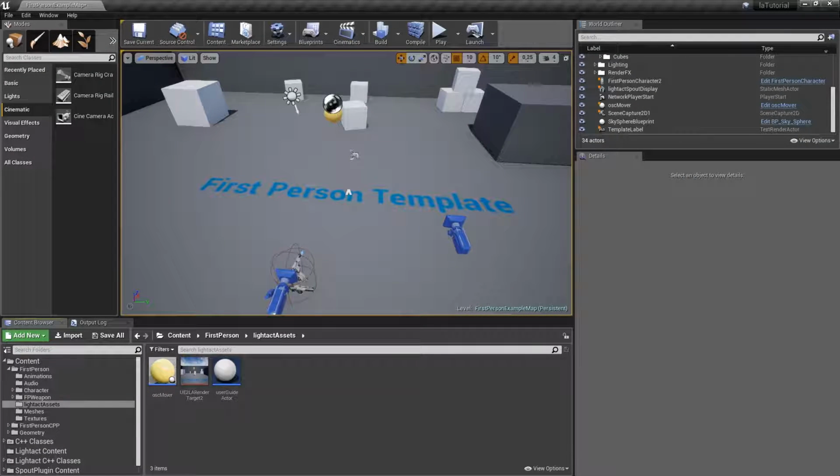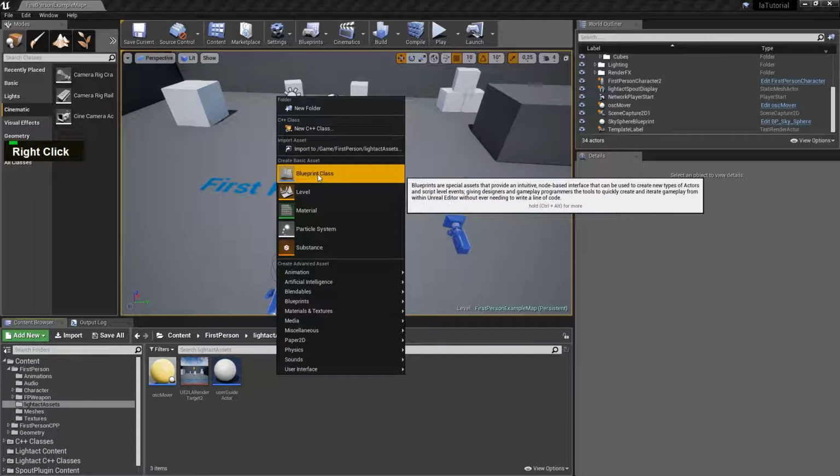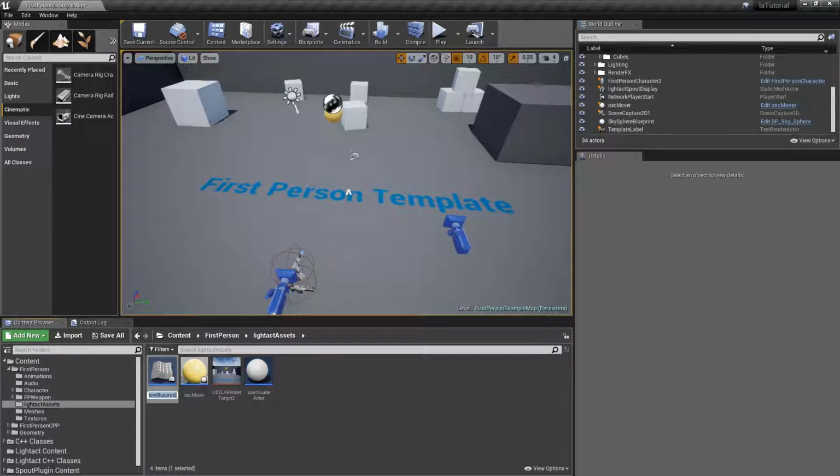Hello, I'm Mitya, and in this tutorial I'll explain how to receive UDP messages in Unreal Engine. I'll be using Lightact Media Server, which works with Unreal. So in Unreal Engine, I'll start by inserting a UDP receiver